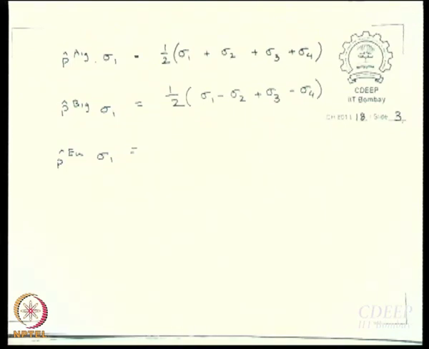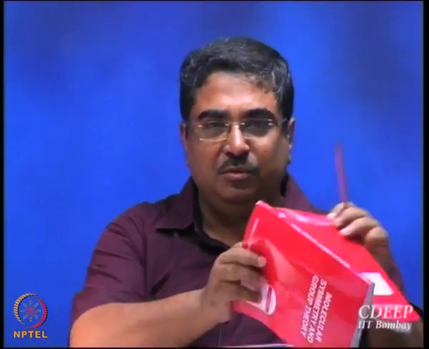Sigma 1 minus what? Okay, I heard sigma 2. So if you make the projection operator of EU operate on sigma 1, then you get sigma 1 minus sigma 3. What is the normalization constant? 1 by root 2. Okay, so we have generated 3 SALCs. How many SALCs should we generate? 4. And how do I generate the 4th SALC?